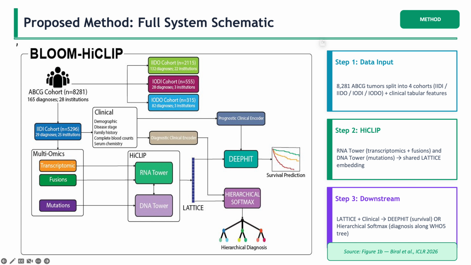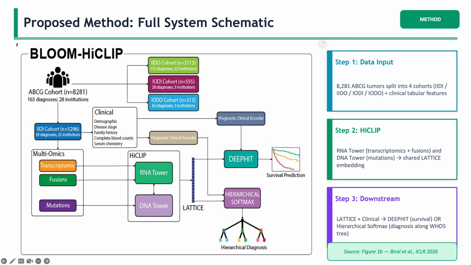So I just walked you through the architecture using a diagram that I built, but here's the actual figure from the paper itself. It ties everything together really cleanly. Start on the far left, you have the full ABCG cohort of 8,281 tumors. From there, it fans out into four evaluation splits, as we discussed. IID is your main training and test set, and the three OOD splits, IIDO, IODI, and IODO, are held out